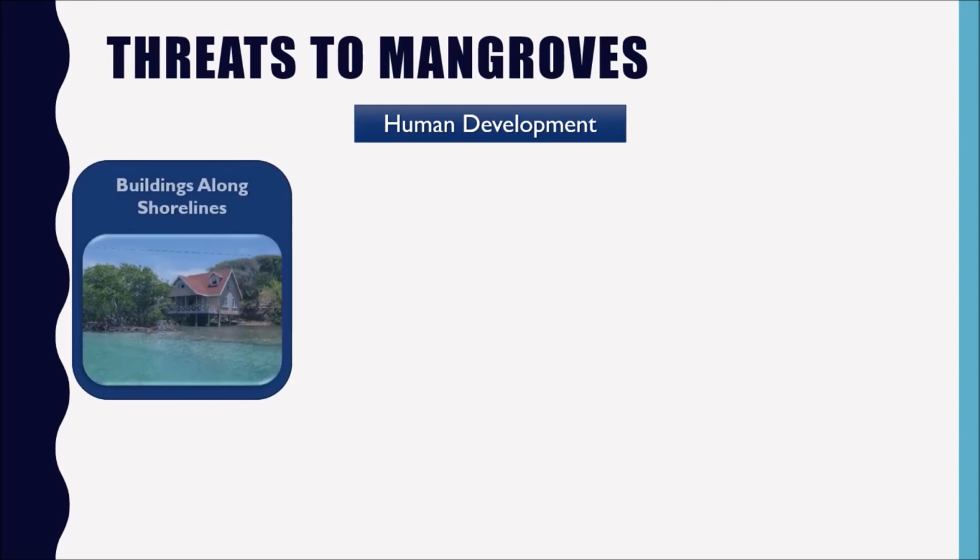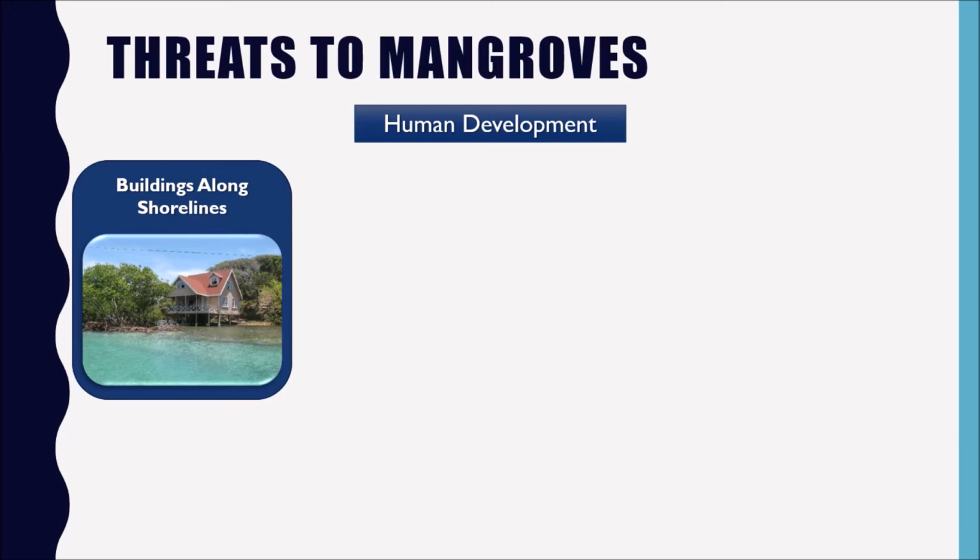Now, just like there's a lot of benefits to mangroves, there's a lot of threats too. So let's just hit a few of them here. The biggest threat to mangroves is actually us. It's humans. And that's because humans have removed or destroyed over 6,000 miles of mangrove forests around the world just since 1996. Sometimes mangroves are removed because humans want to build homes, businesses, or other structures in those areas where